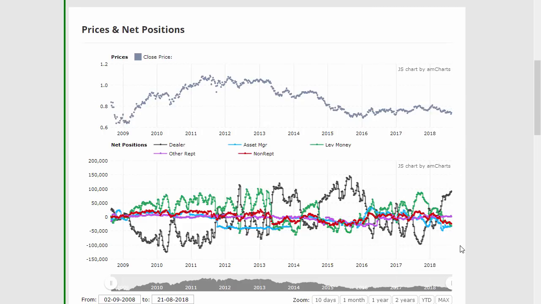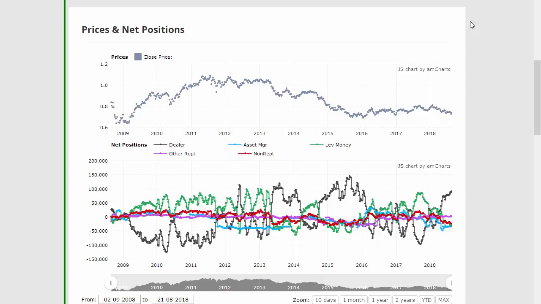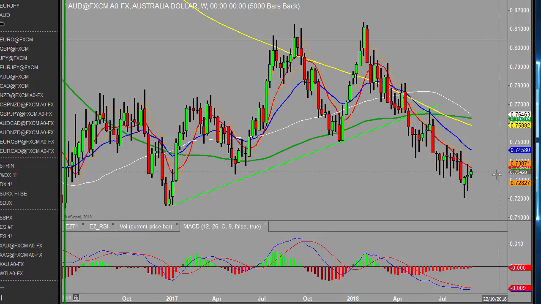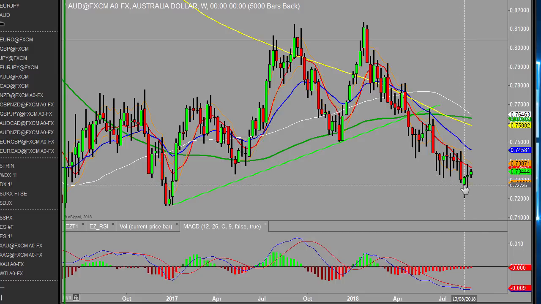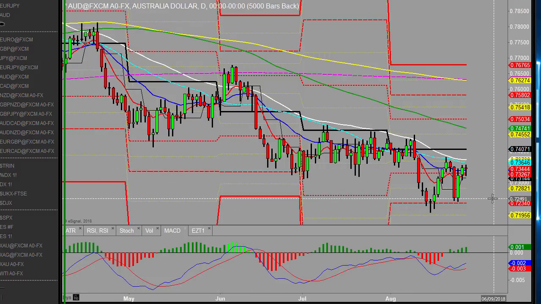It can change tack a tad, but at the moment it's still edging up there. So there's no real positive vibe sitting there. In terms of the charts themselves, well, it's been pitching up a little bit here. We've got a bit of a doji sitting there last week though, and is that a signal of something just